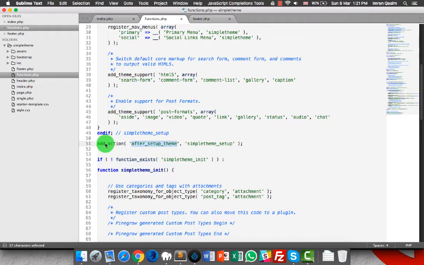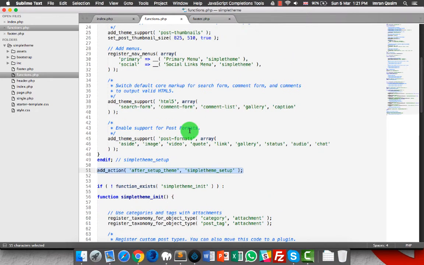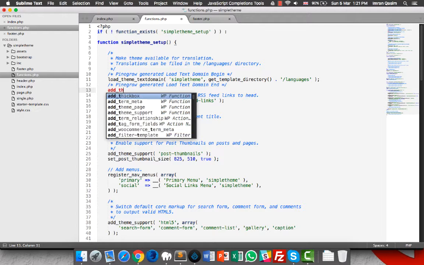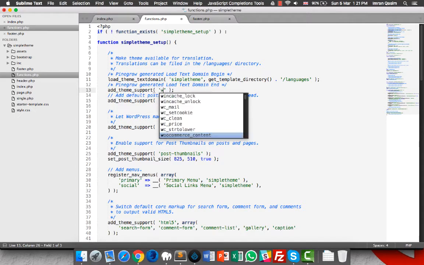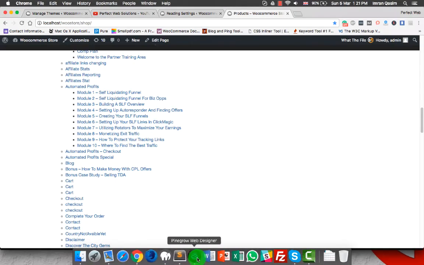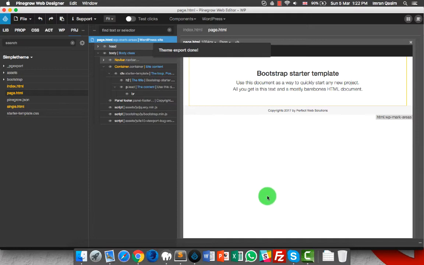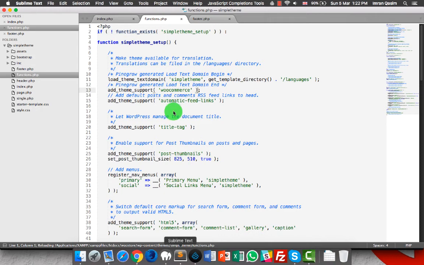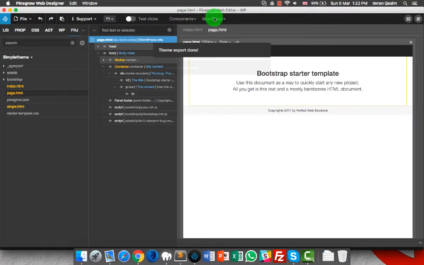So after setup theme, this add action after setup theme, simple theme setup, what I will do here, I will just find the end, and here it is begin and end, and here I will add theme support WooCommerce, right? And I saved it, and if now I export the theme, you will see that it is not overridden, and still you see add theme support WooCommerce here, even if you export multiple times